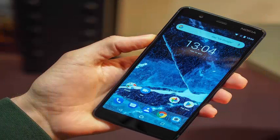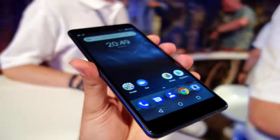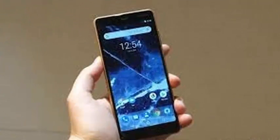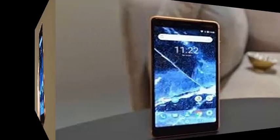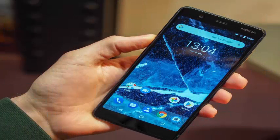The Federal Communications Commission recently approved the Nokia 5.1, a mid-range phone that is a revamped version of the Nokia 5. FCC approval indicates that the phone will be launched soon in the US, as detected by Android Police. We got an early look at the Nokia 5.1 in late May, after HMD Global, which now manufactures Nokia smartphones